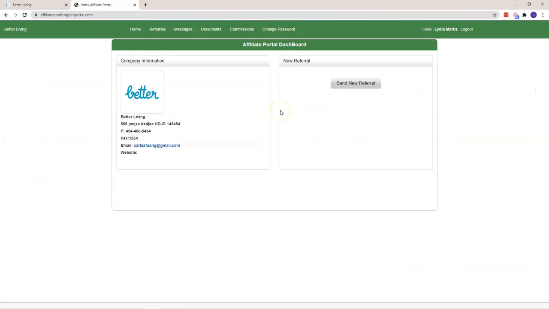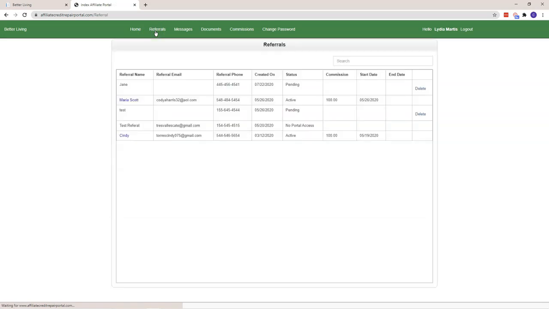So let's go into the affiliate portal. This is me logged in as one of the affiliates in the software. And as an affiliate, I would have access to view and keep track of my referrals. Once I click through the referral section, I'll be able to see all of my referrals in the grid. I'll be able to see their status. And if I have the access to view the client tracking portal, if I hover my mouse over any of the referrals that's already active, I'll be able to view their client tracking portal.